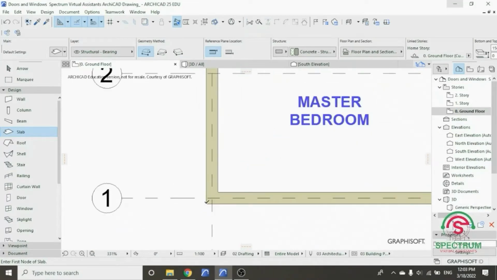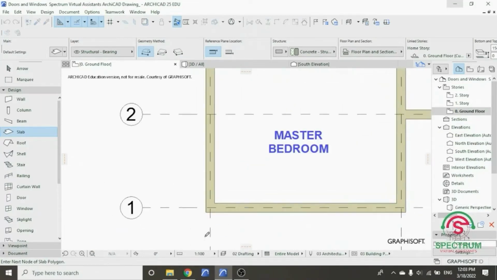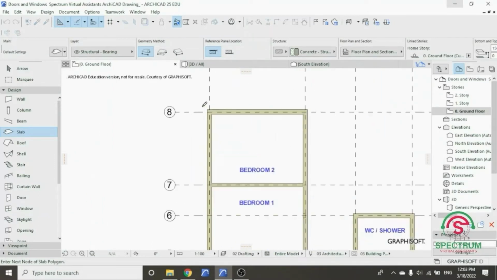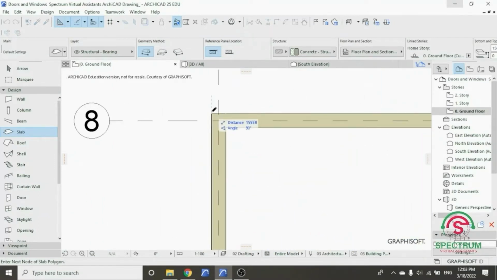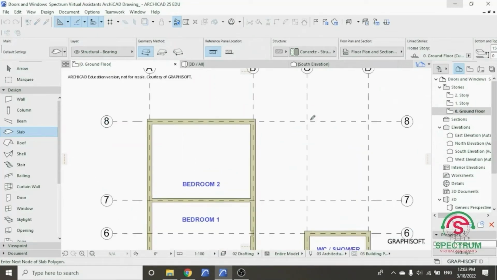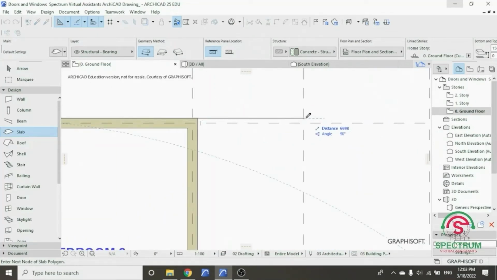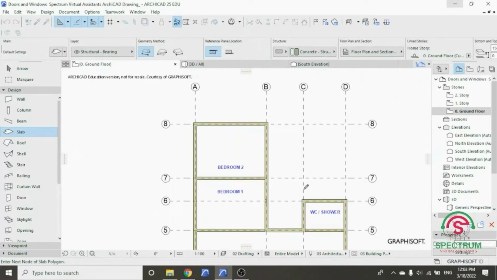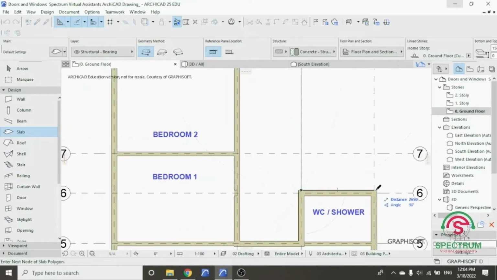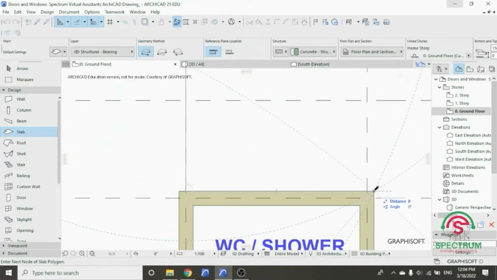Click on that point, drag your mouse and begin drawing your slab. Click on that point, click on this point, click on this other point, click on this other point,